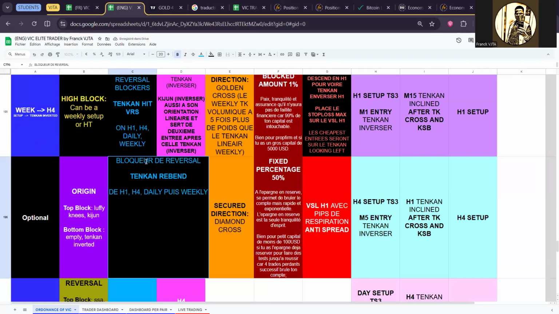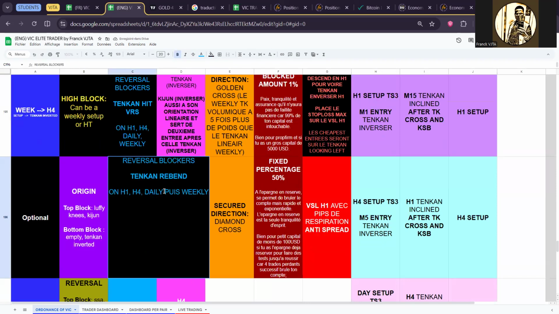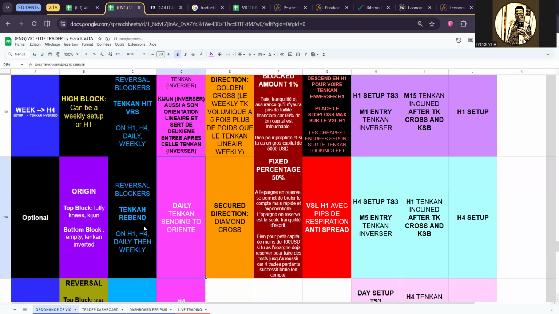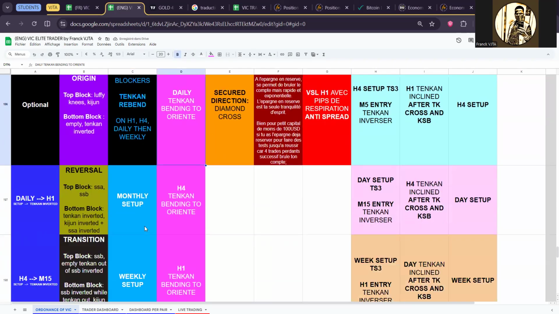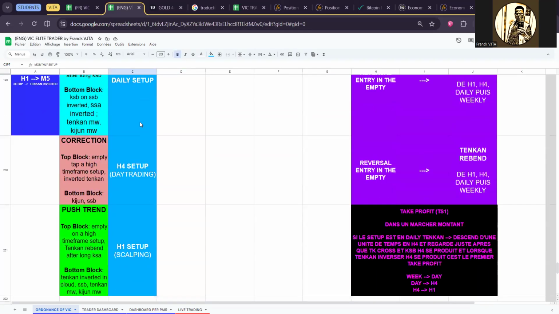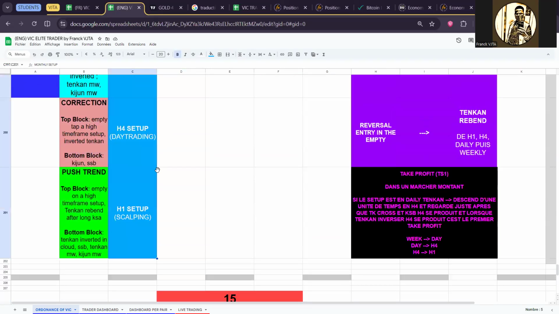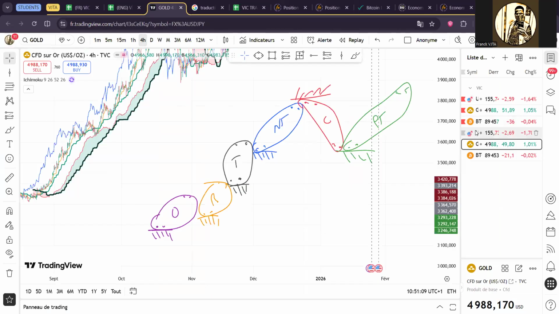You have the first of all the reversal blockers. And then you have the continuity blockers that you already know. Let us start with the continuity blockers. First of all, the continuity blockers are just the fact that, you know,